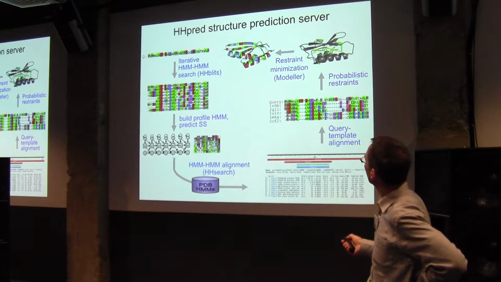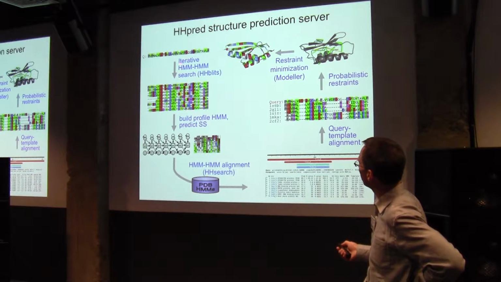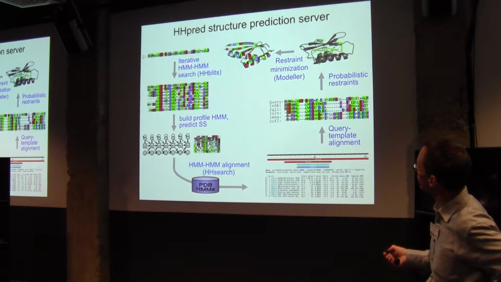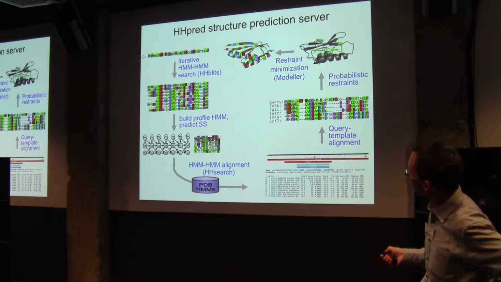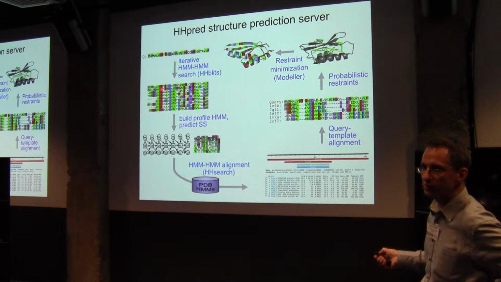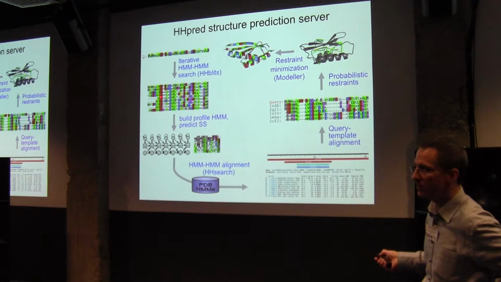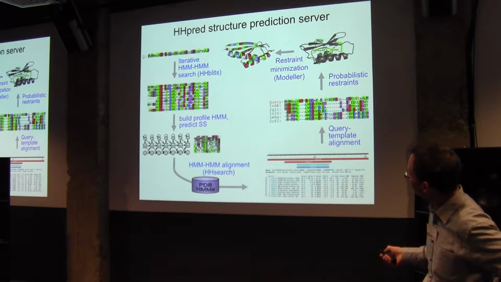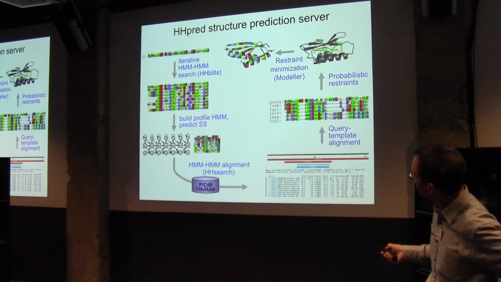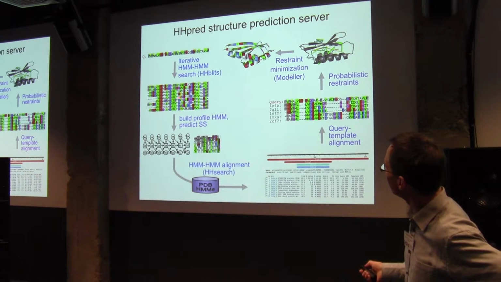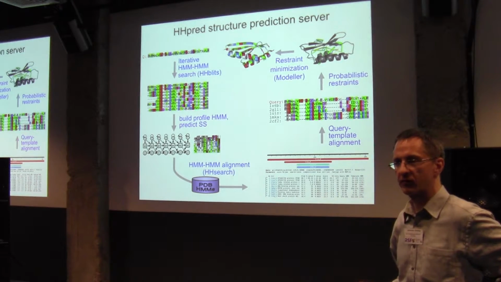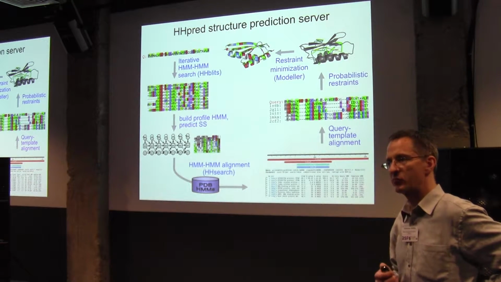We built a server, already published in 2006, that is very widely used. The way it works is it takes the protein sequence and first builds a multiple sequence alignment, which can contain closer homologs. They don't need to be present in the PDB, they don't even need to be annotated at all. Having this profile, or multiple sequence alignment, you compare it with other multiple sequence alignments, and this is what gives you the power. I will show you in a moment why. So you don't compare sequences to get this sensitivity, you compare multiple sequence alignments with each other.